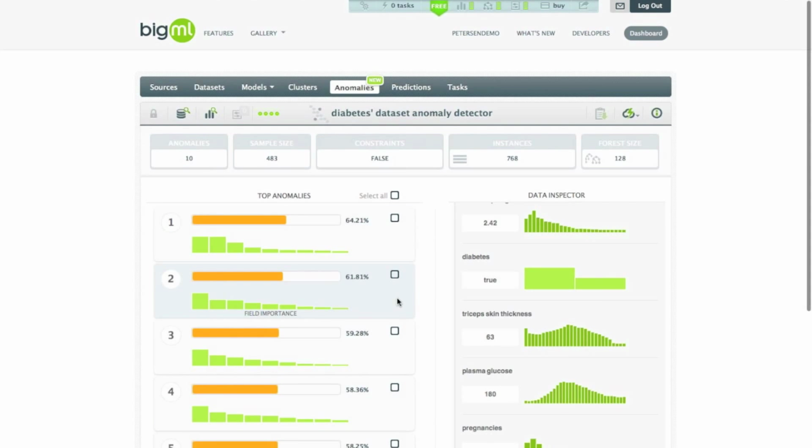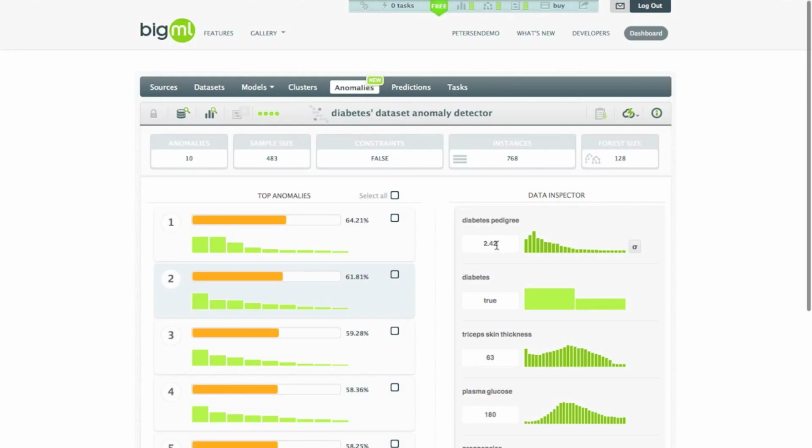Okay, we can also look at the second data point here. And this one, of course, has a slightly different field importance anyways. It has diabetes pedigree, and then this diabetes flag, tricep skin thickness, etc. So let's see how these values are varying. So diabetes pedigree, that's at the extreme end again. The second one